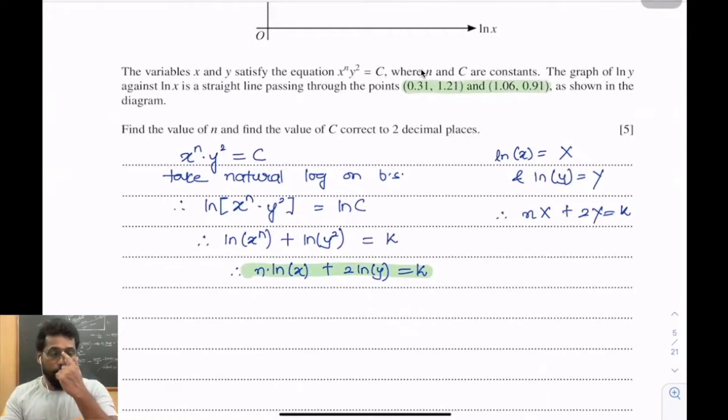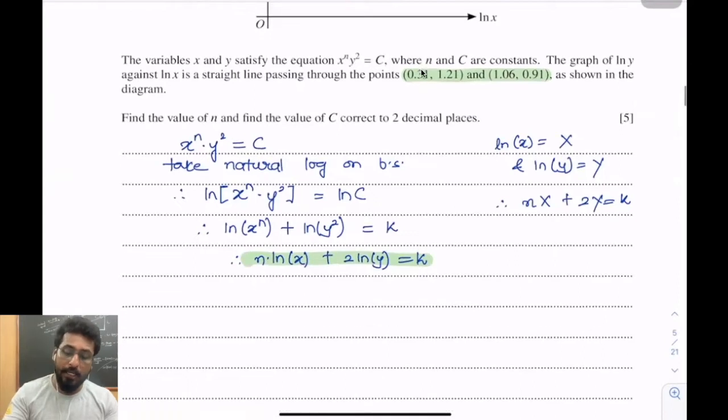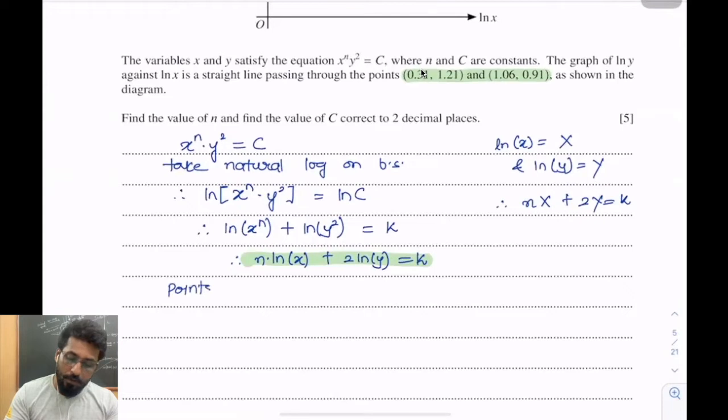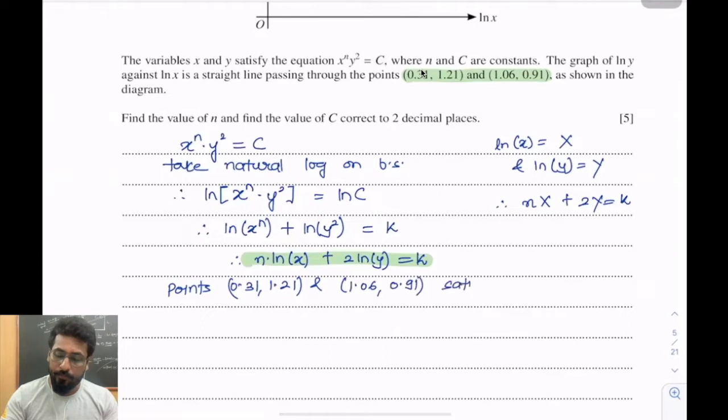So if the 2 points are lying on the line, shouldn't the 2 points be satisfying the equation of the line, isn't it? So I'll write over here, points (0.31, 1.21) and (1.06, 0.91)